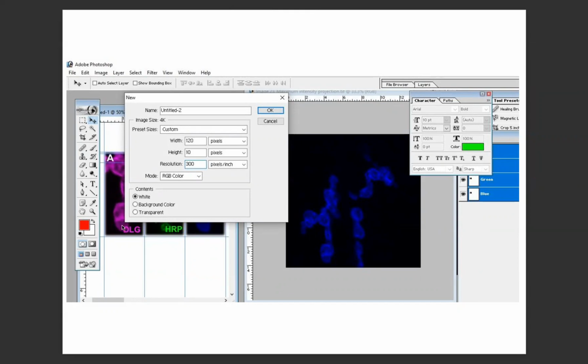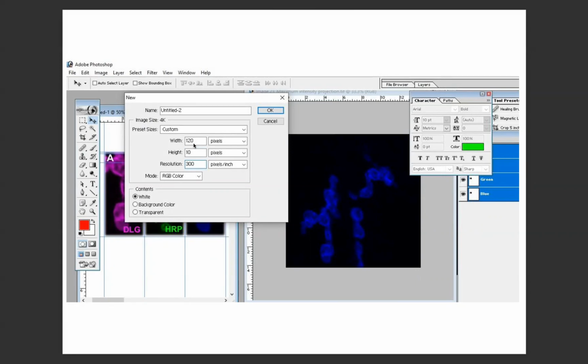Suppose you want to put the scale bar for 5 micrometers, just calculate how many pixels you will require for 5 micrometers. Similarly, you can put the pixels here. Here I just want to draw a 2.5 micrometer scale bar. For that I calculate how many pixels are in 2.5 micrometers. Remember, in the LSM file, in the properties, it is written how many micrometers 1 pixel is equal to. Just calculate how many pixels, and put it here.